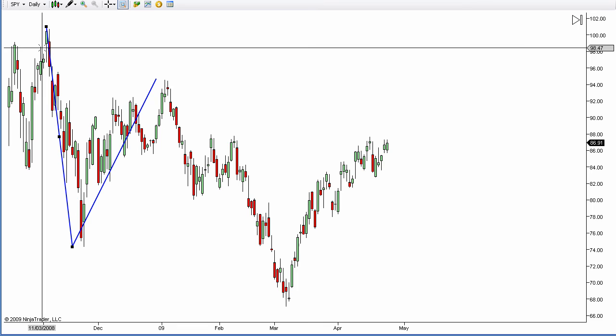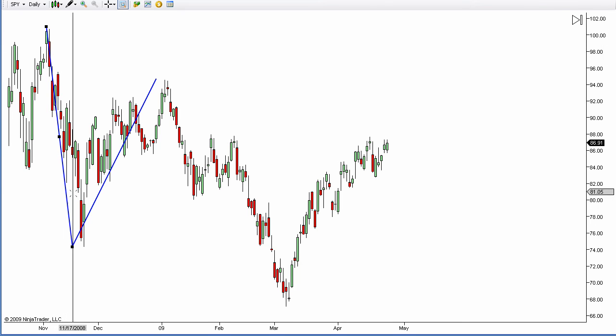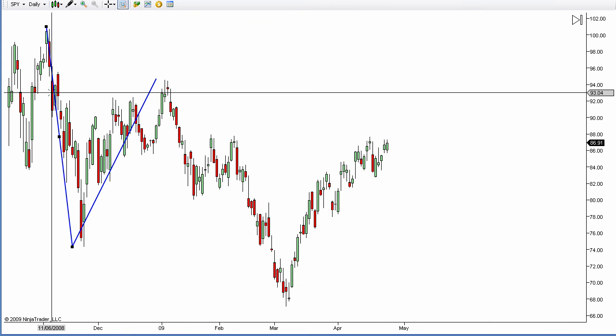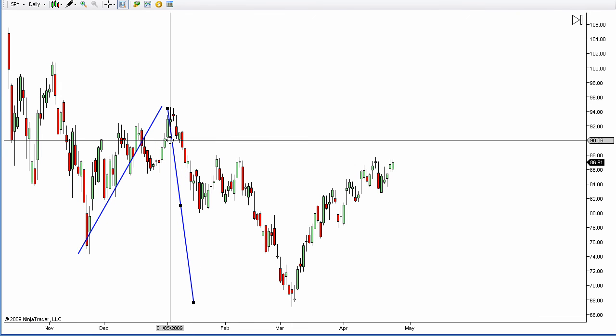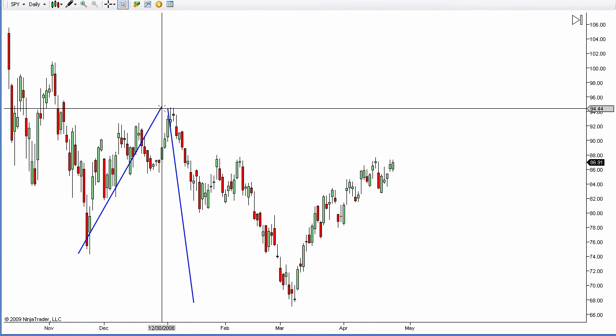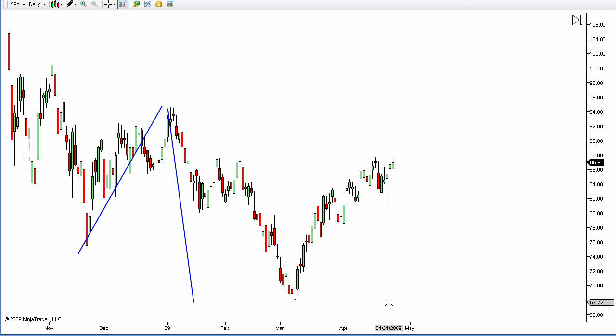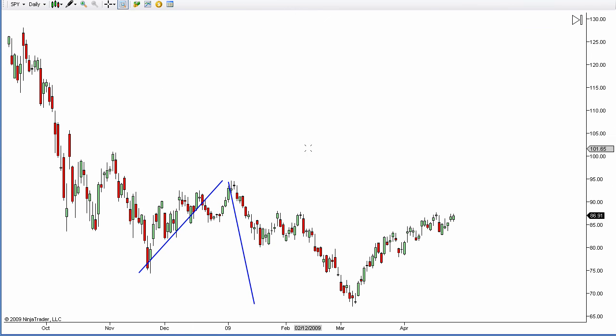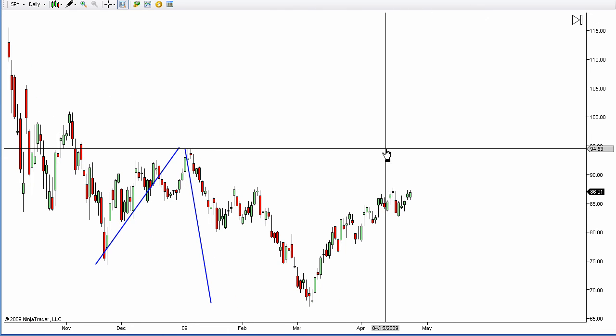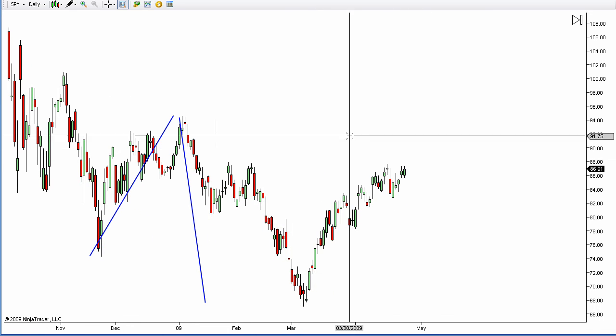Let's see where that happened. We talk about how amazingly the market respects symmetry. I'll take this line that represents that move down to the downside, drag it over like a copy and paste, and paste it right there to that high. You'll see that the low here was right to the tick, and we were able to produce that using symmetry and some fib confluence. I'll go from this swing